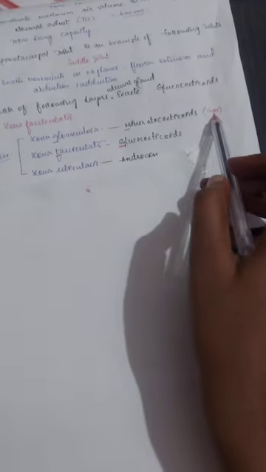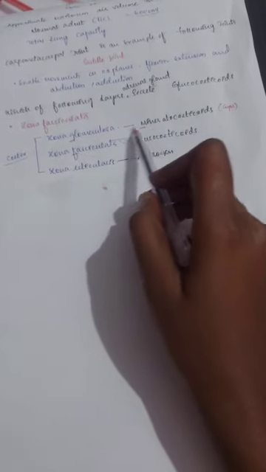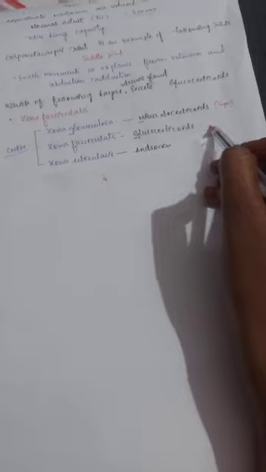Just remember GM, general manager. Glomerulosa secretes mineralocorticoids and fasciculata secretes glucocorticoids. Okay, F and G, you can remember, right? The next